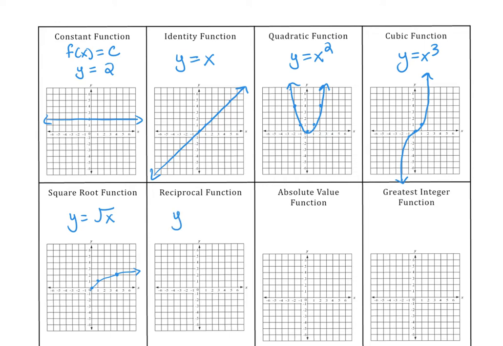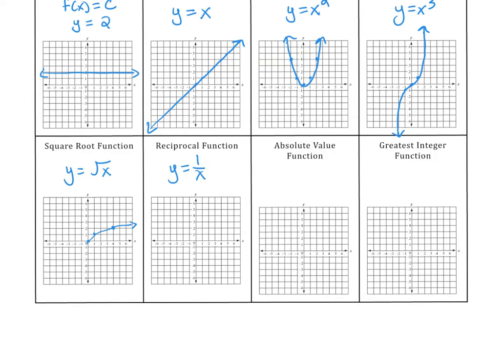Okay, reciprocal function, y equals 1 over x. That has a vertical asymptote at 0 and a horizontal asymptote at 0. And if you plug in, let's see, 1, we'll get 1. If we plug in 2, we'll get 1/2. If you plug in a half, you'll get 2. So this graph, and then on the other side,